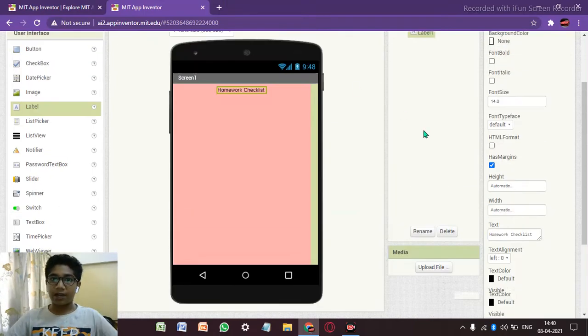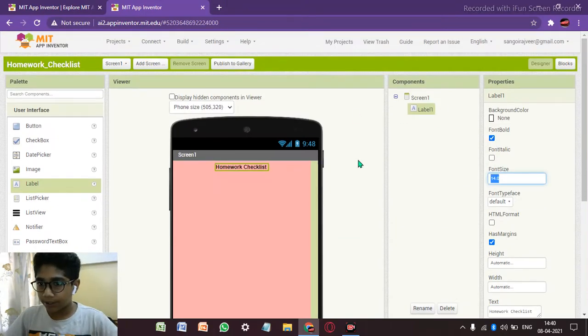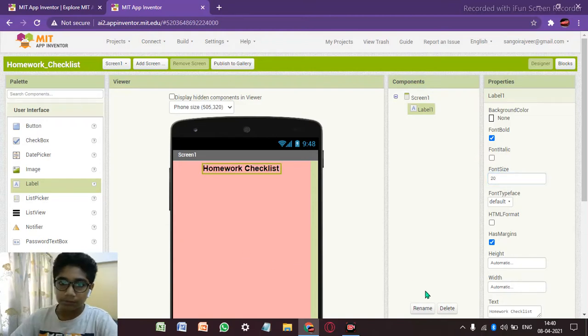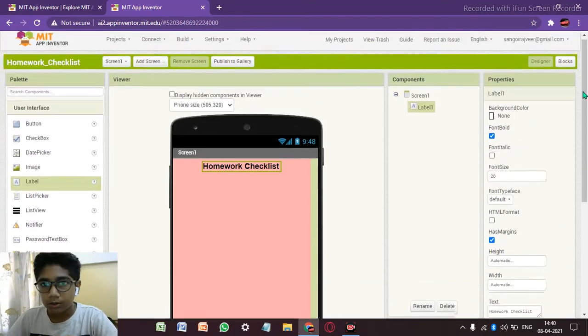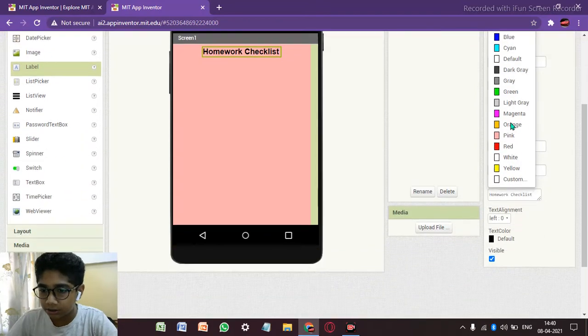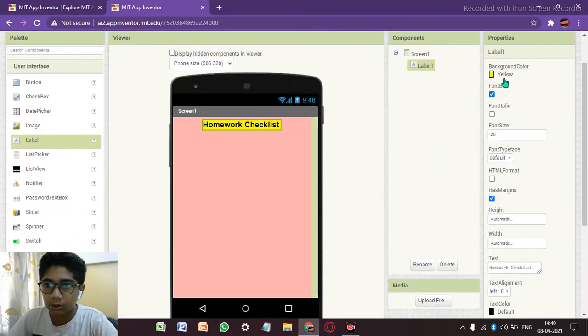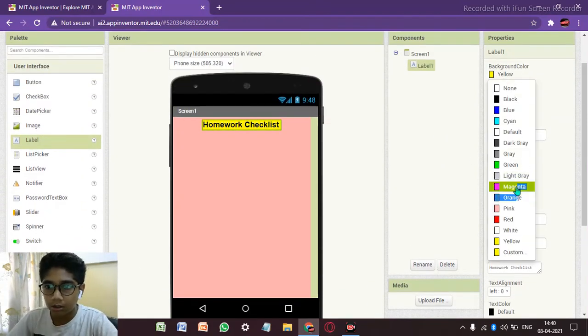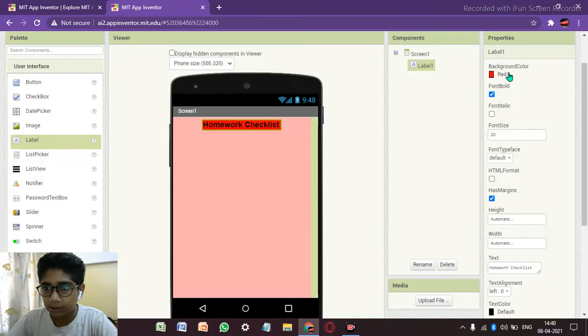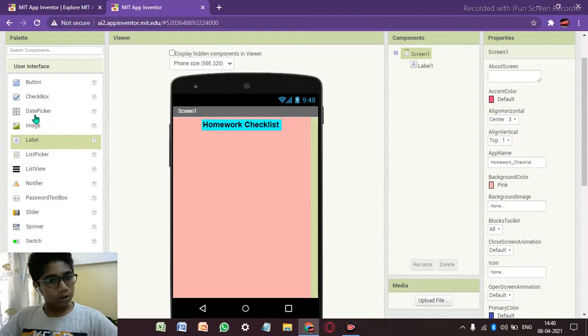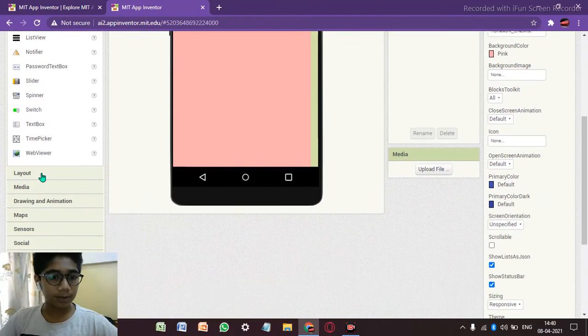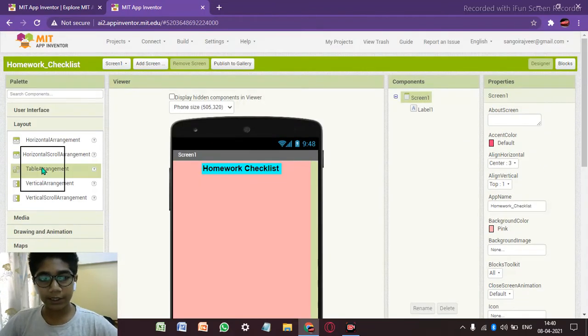Today we are going to learn one new component. Now let's change the background color. Yellow, no, not yellow. Let's keep it cyan.